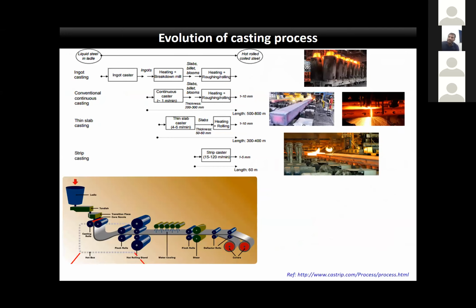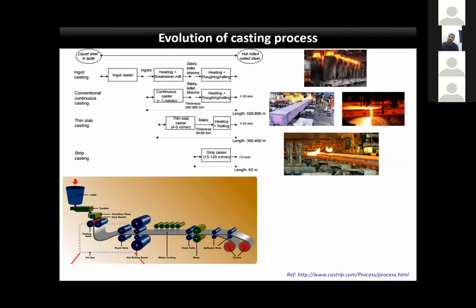And if you see the casting side, initially it was ingot casting. After that it was conventional continuous casting, and then thin slab casting. And now we all are aiming towards a novel process called strip casting. In between there is another one called TSCR, thin slab continuous rolling. In the earlier stages, heating of the ingot is a separate process before taking it for the downstream. In thin slab continuous rolling, the product coming from the continuous casting process is taken directly into the roller. That is a kind of